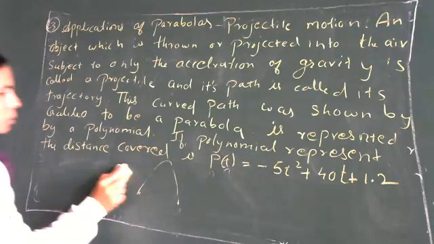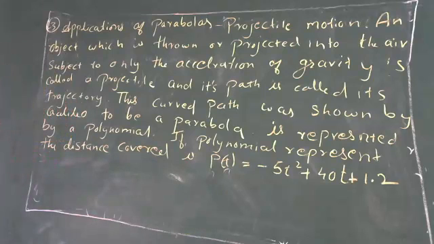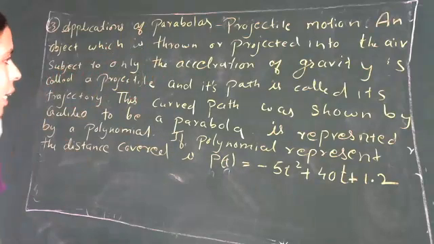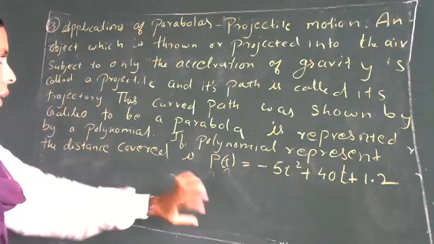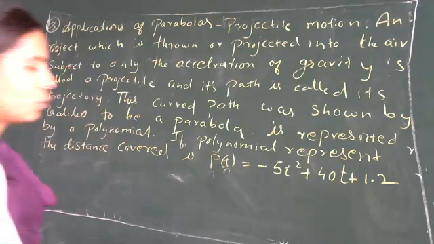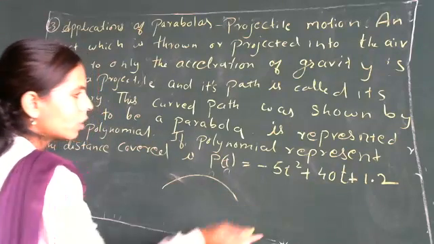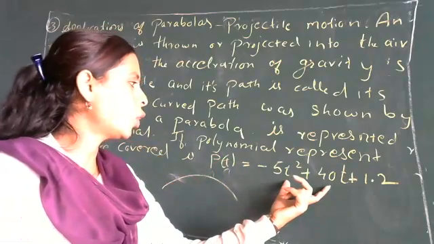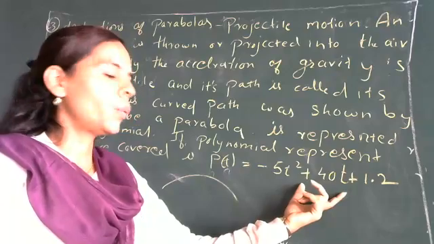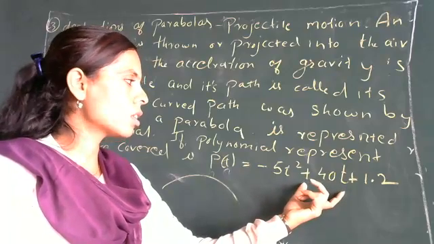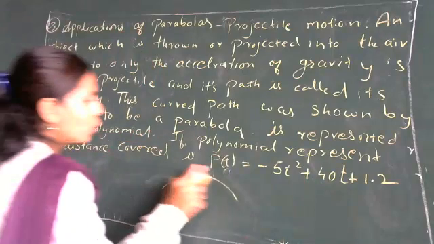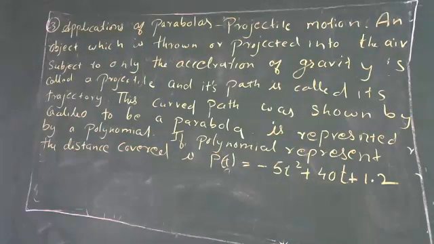Throwing an object is nothing but the projectile, and what it covers is nothing but the trajectory. It is like a physics based question, right? Acceleration and all the things that come in physics. So here we have a parabola with one object thrown, and it creates a trajectory. The curve which occurs by the projectile will be given by the polynomial. It is a quadratic polynomial, right? So with this polynomial, we are going to have some questions.